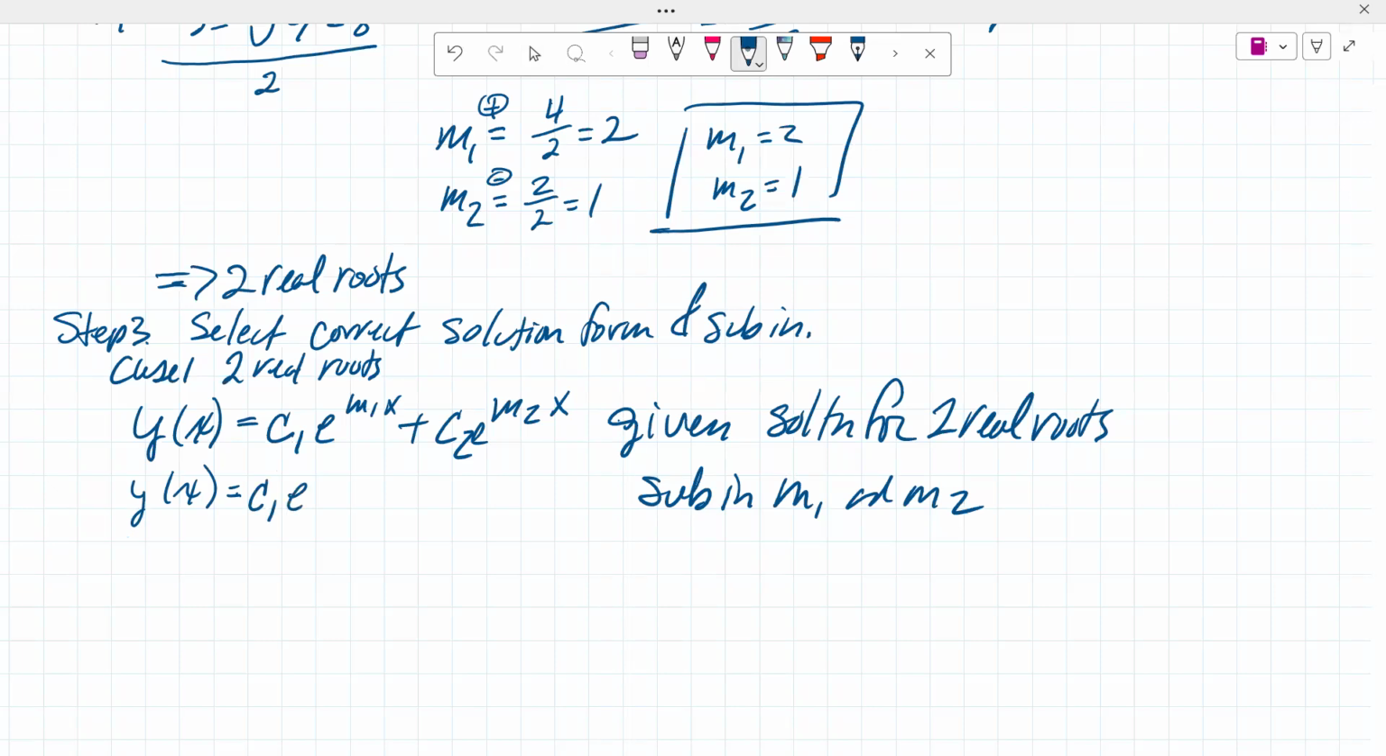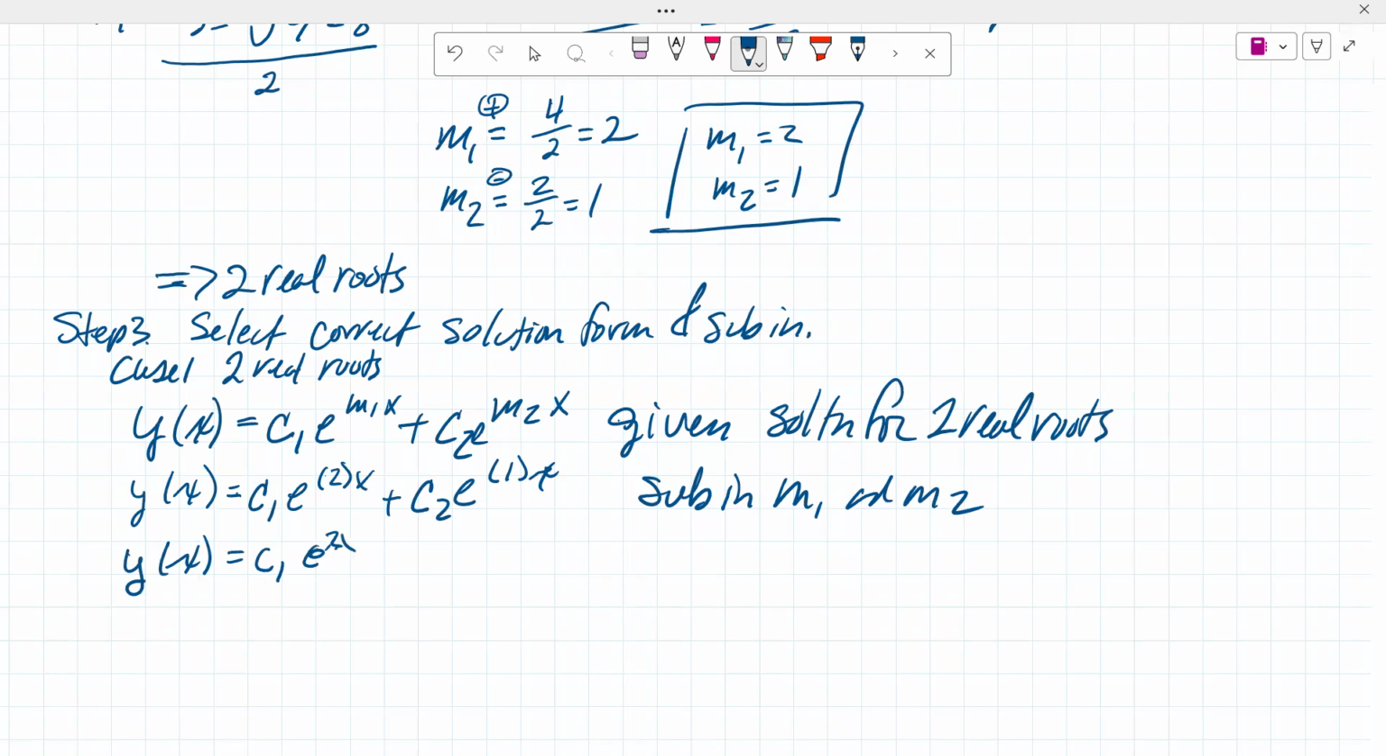C1 e to the, what's m1? m1 is the plus root, so that's 2. Again, I will do this parentheses to show I substituted something in, and then I can always remove the parentheses if I don't need it in the next round. C2 e to the, what is m2? It's 1 x. So of course, 1 times x is not needed, and these parentheses are not needed. So now I can just go ahead and clean that up after I've taken the time to write that in. C1 e to the